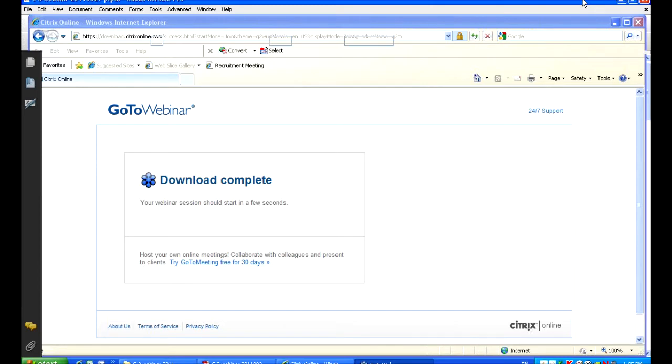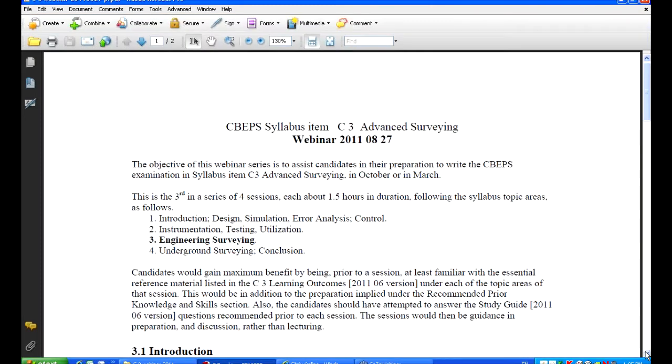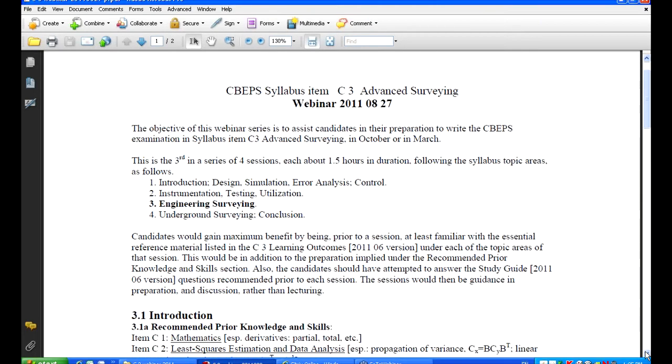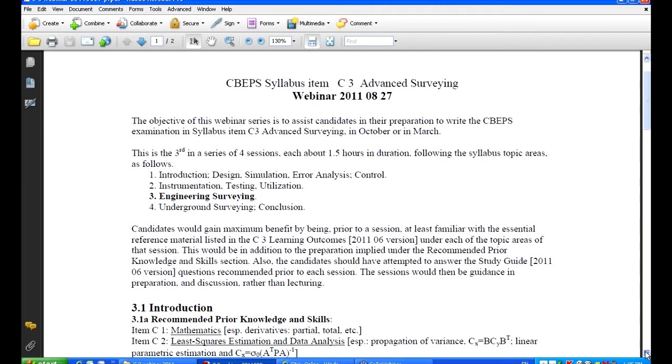Here is my version of the agenda for today. If you have been to any of the previous sections, most of this will look rather familiar. A bit of a preamble as to what we are expecting the participants to have already done before they come into the sessions. We've had 2 sessions already, and I'll come back to these 2 once I've gone through the session for today, which is